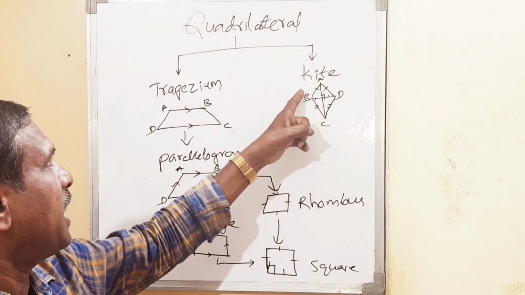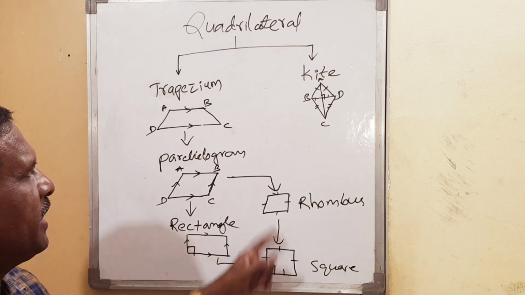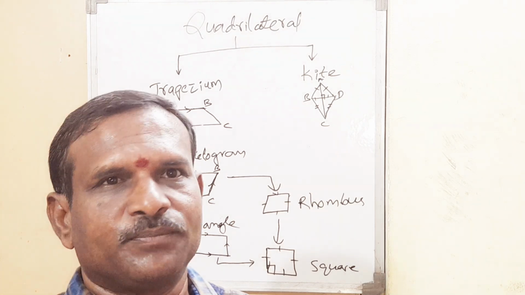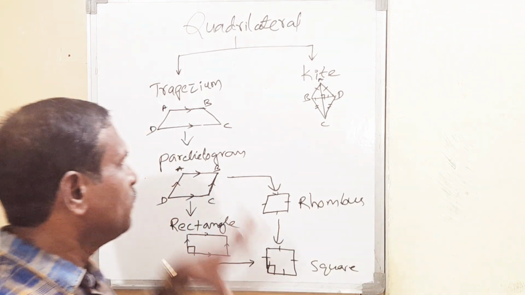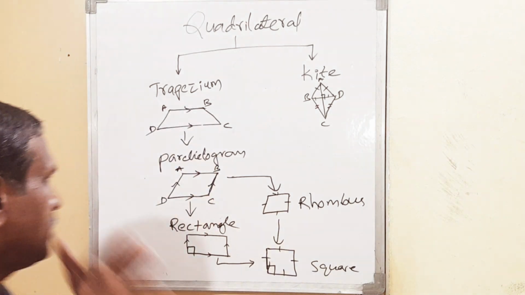Let's see once again. Kite, trapezium, parallelogram, rectangle, square and rhombus. From rhombus also square is coming. Then what is this flow chart? This is very important. If you remember the flow chart, we can answer many questions. How? Let us see. See here,